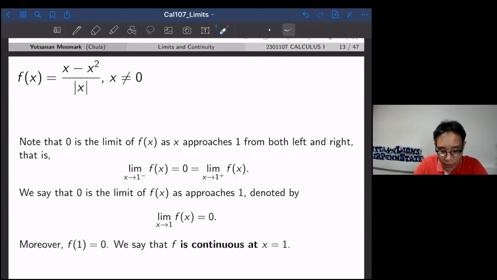So in this case, we're going to say that 0 is the limit of f(x) as x approaches 1. As x approaches 1, this is denoted by the limit as x goes to 1 of f(x) equals 0. Moreover,